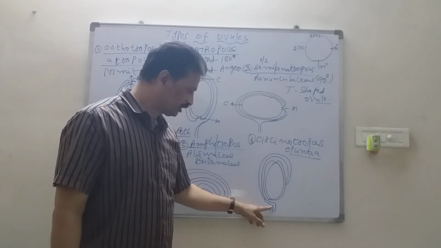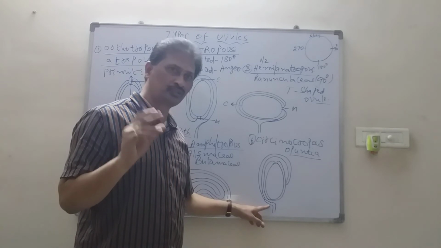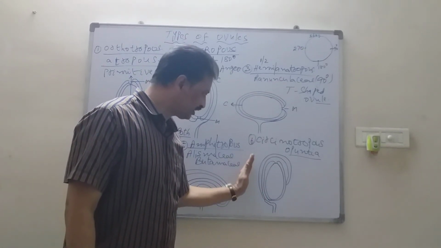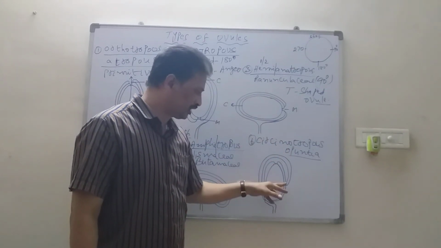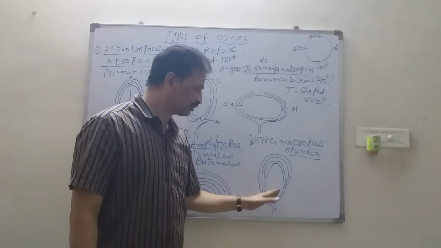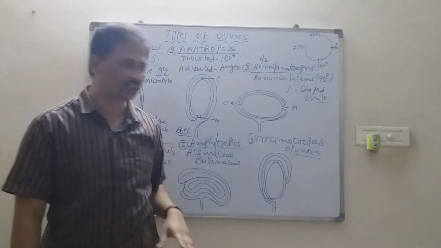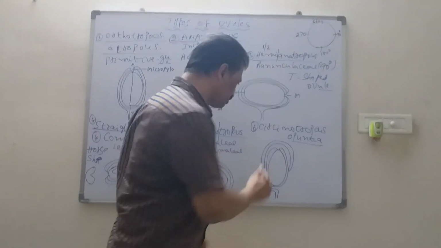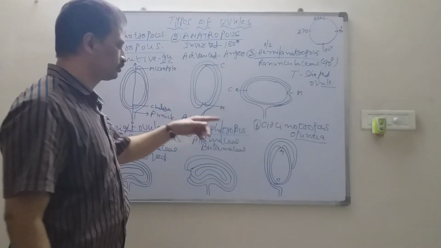So here what happens? This is the funicle. Here in this case the funicle is very large. Funicle is very large. So this funicle totally covers the body of the ovule. That means almost 70 to 80% of the body of the ovule is covered by the funicle. And the remaining points are same. That means this is the micropyle and this is the chalaza, just like that of the anatropous ovule.